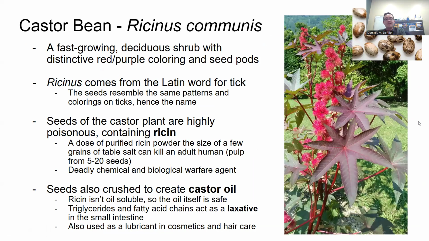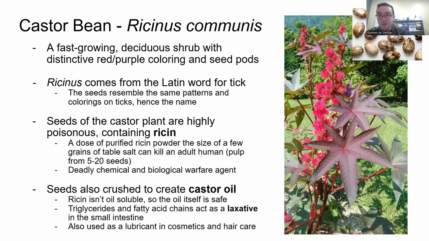So, for instance, I wanted to highlight the seeds in particular because castor bean is probably most known for its seeds. Castor bean, or Ricinus communis, I mentioned it a little bit in the past video as well. It's a fast-growing deciduous shrub with distinctive red-purple coloring in the seed pods. Ricinus comes from the Latin word for tick. So when you're looking at this, you can see how the seeds look like ticks, and that's what it was named for. The seeds of the castor plant, however, are highly poisonous